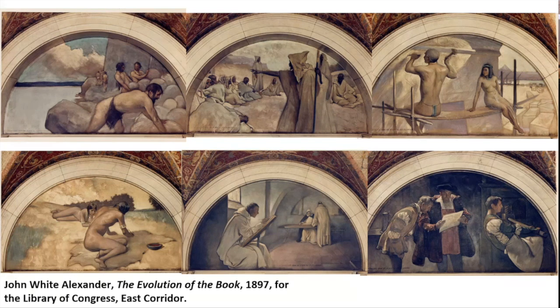Both sequences illustrate how an evolutionary schema could easily tell a seemingly coherent narrative of a rise of civilization, even at the same time that it jumps around in time and space, creating hierarchies of peoples in the process. 5,000-year-old Egyptians are somehow the same as indigenous Americans, or almost the same, just a few hundred years ago, among other reasons because of what kind of writing they do or don't use.